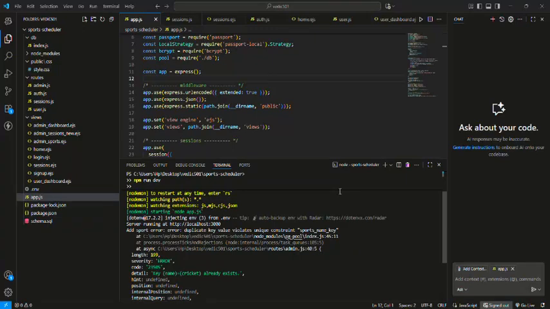Everyone, this is Sreeja. Today we are going to discuss how to create a sport scheduler using Node, Express, PostgreSQL and EJS. So coming to the application, this is the folder structure of our project, and the .env file consists